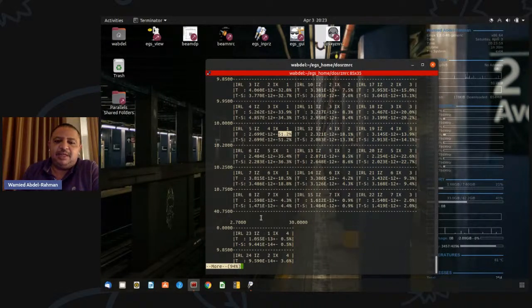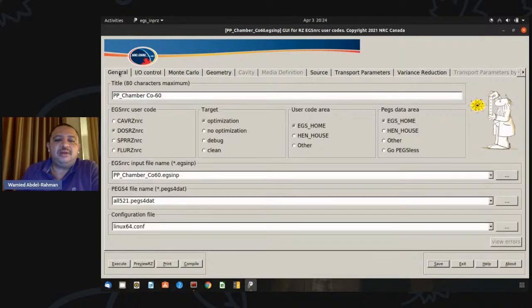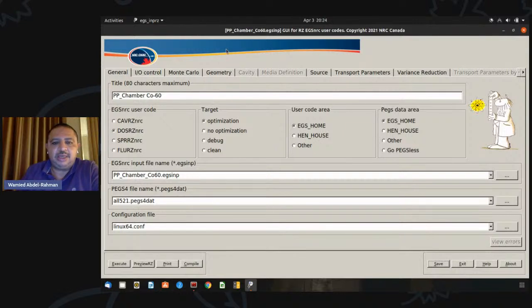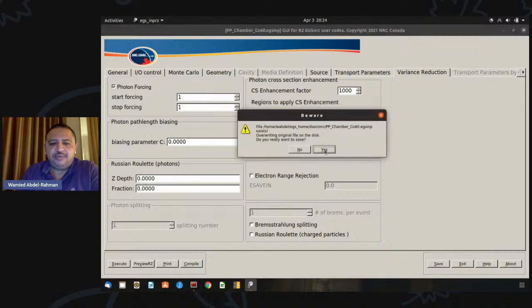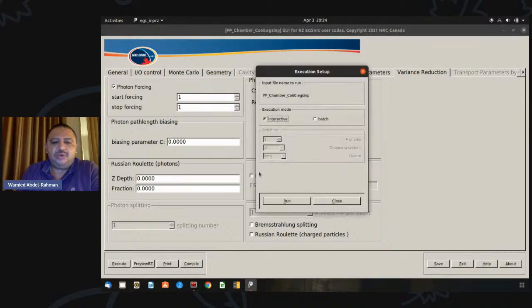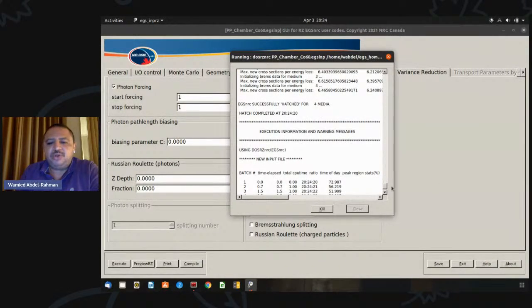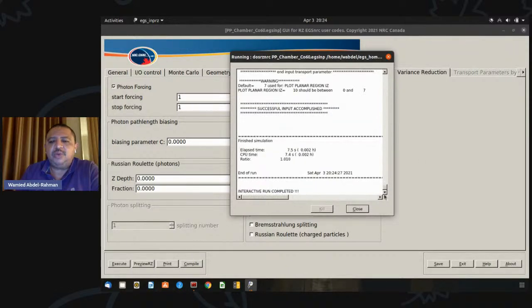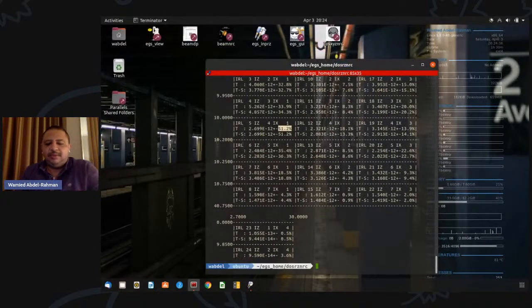But let's rerun the simulation, but with the same number of histories and see what is the uncertainty. Is it better? To be honest, I haven't used this, but I know some people have used that. So variance reduction technique, we have that's there, and let's save, and let's execute. So I'm assuming that this second run, the same number of histories, is with a variance reduction technique